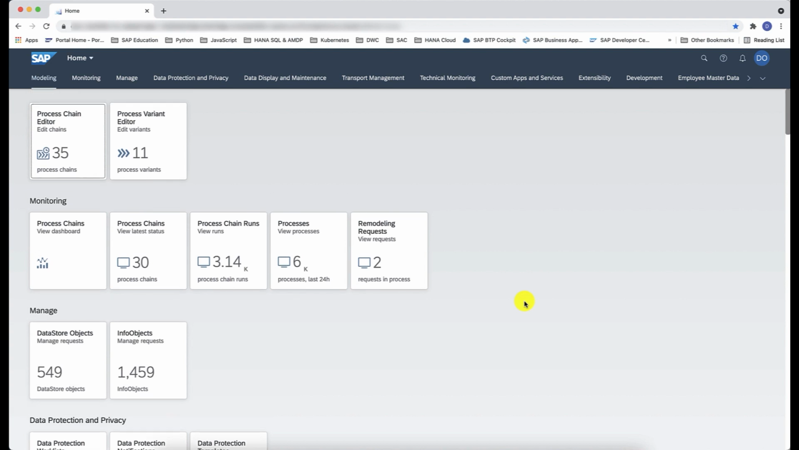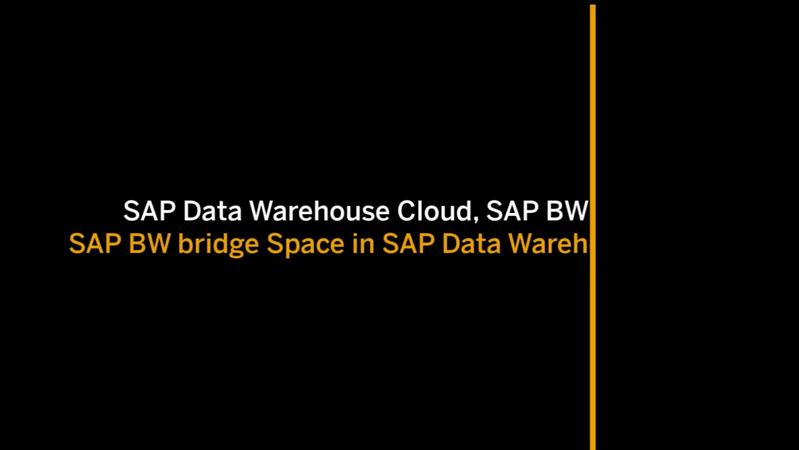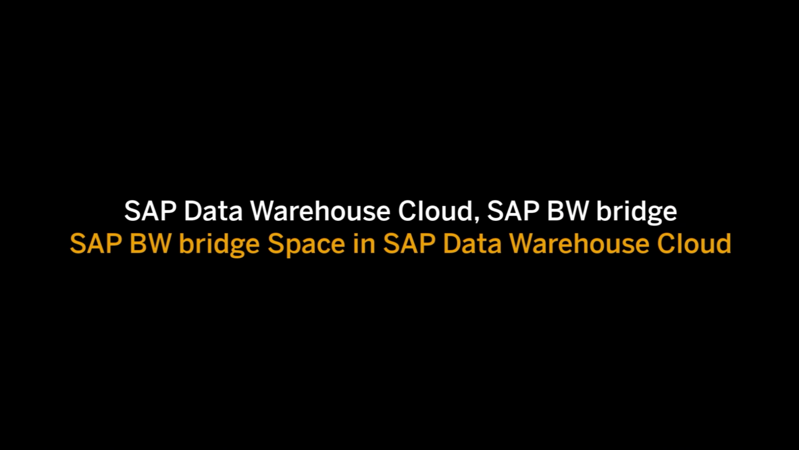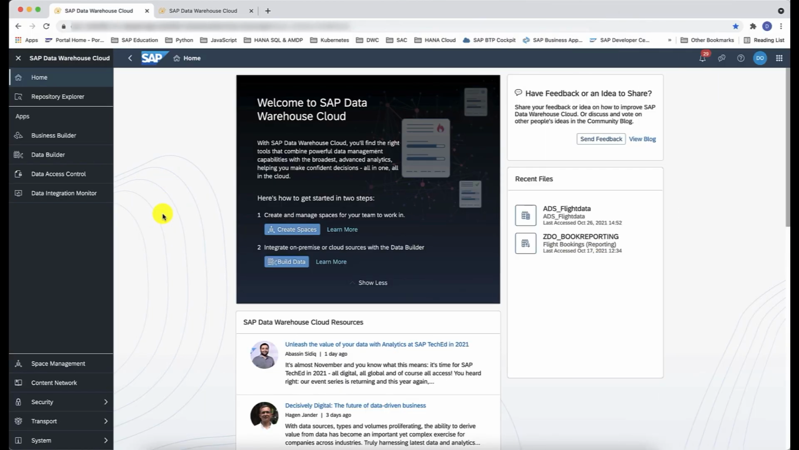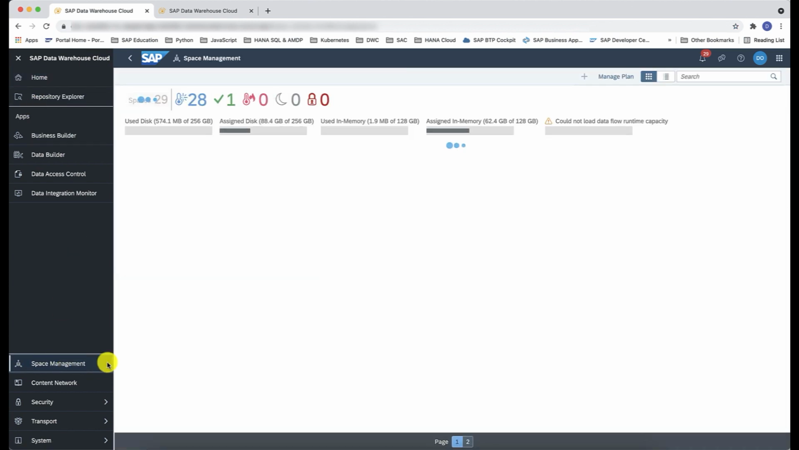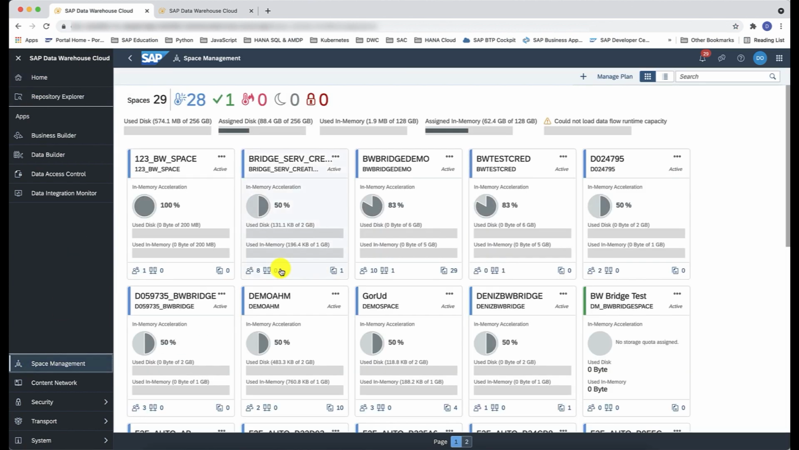Next, we will now consume our SAP BW Bridge artifacts within SAP Data Warehouse Cloud. Here we see an SAP Data Warehouse Cloud tenant integrated with our SAP BW Bridge environment, where we have just seen our SAP BW Bridge objects. With that, let me navigate to the space management and then here to the already created BW